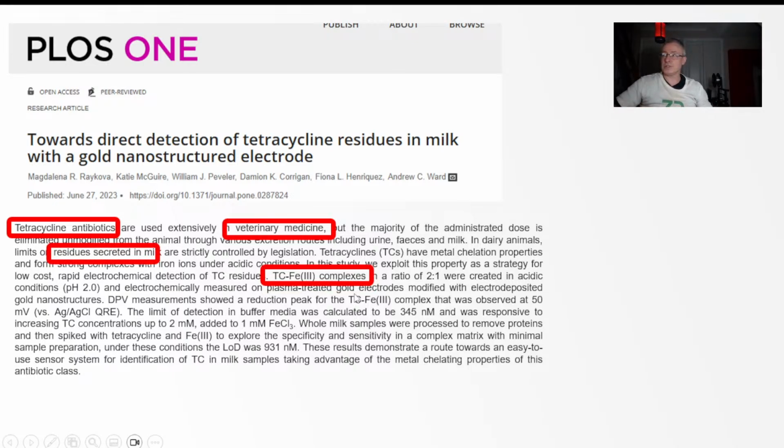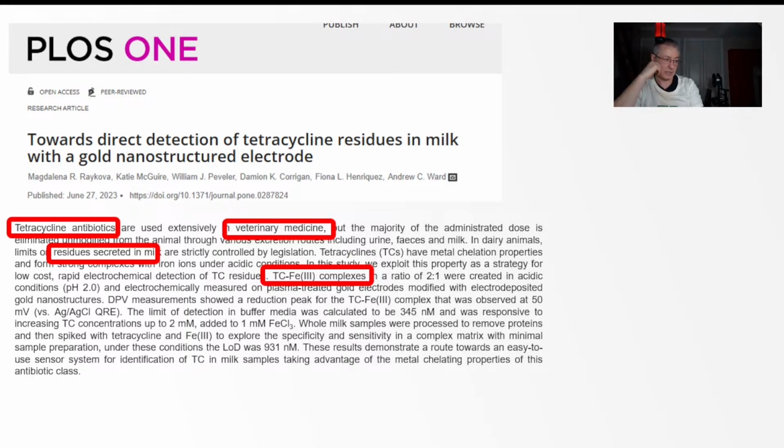The authors here, this is coming from the University of Strathclyde, have a very elegant way of making a complex between the two, and it's great because iron 3 is a very redox active molecule. It's already in one of its highest oxidation states. Iron generally has +2 and +3 oxidation state. This is already in its +3 oxidation state, which will really help with things like shelf life of this particular